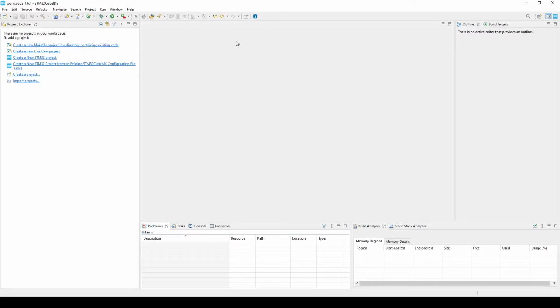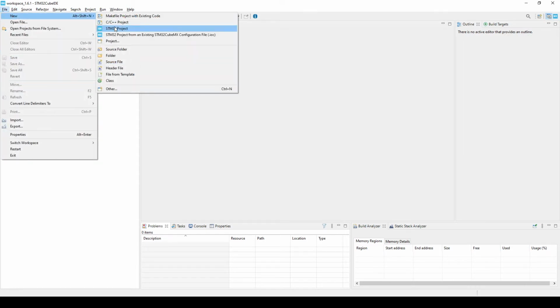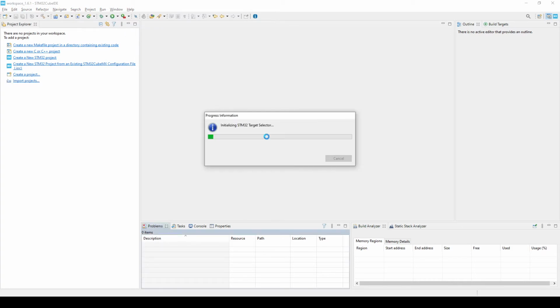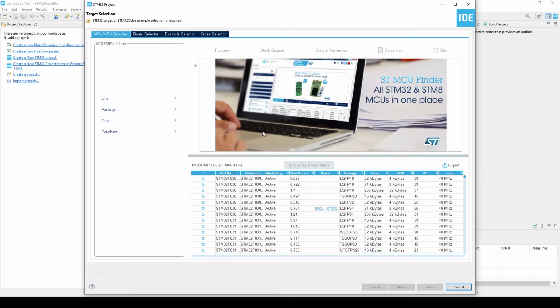So here I assume that you have already installed the STM32 Cube IDE, and let's begin with generating a new project. So we'll go through File, then New, and then STM32 project. You should just wait for it to download everything that is required, and then you have to see the following